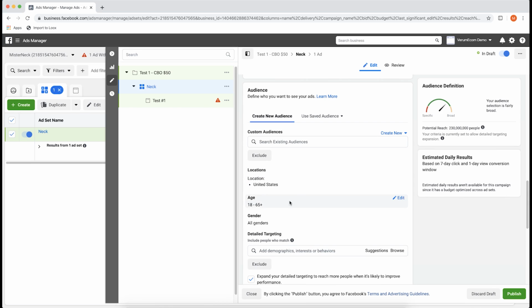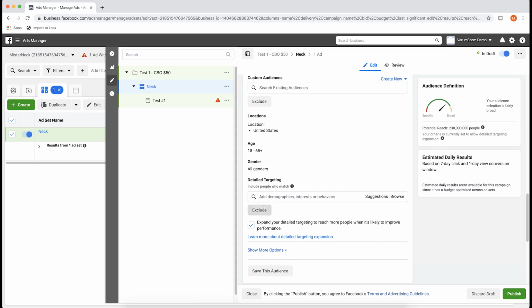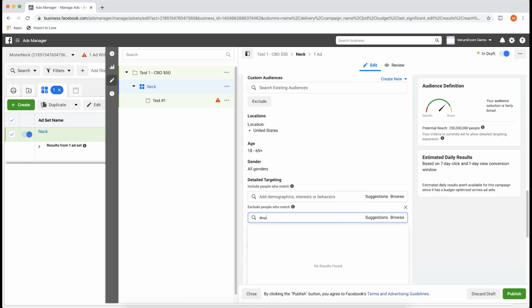For age, we're going to go 18 to 65 plus. Gender is going to be all genders. Unless you know the exact gender of your product, I would recommend you go with all genders. And then for detailed targeting, let's first exclude dropshipping